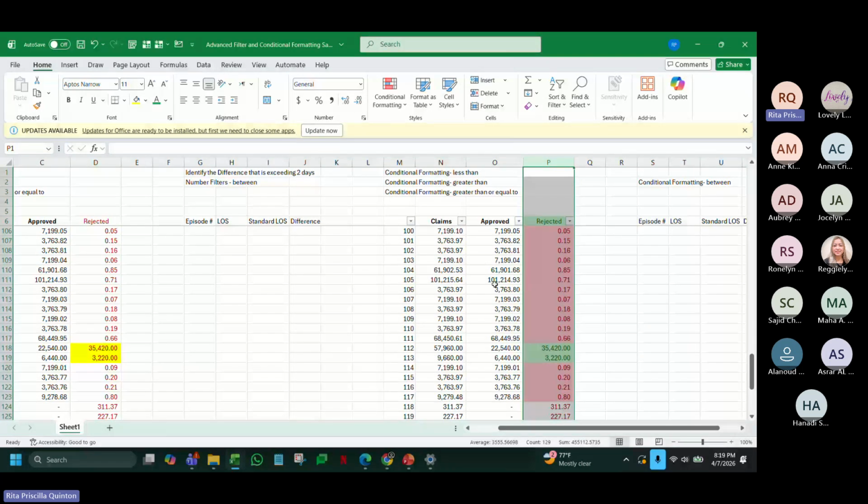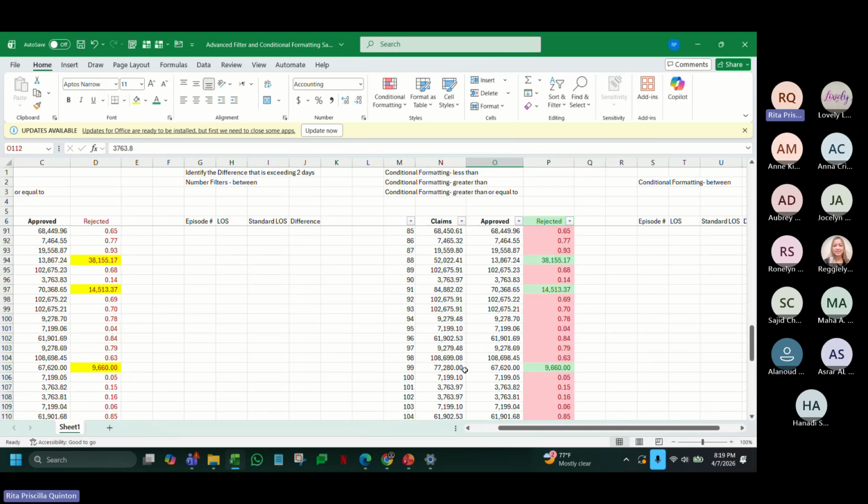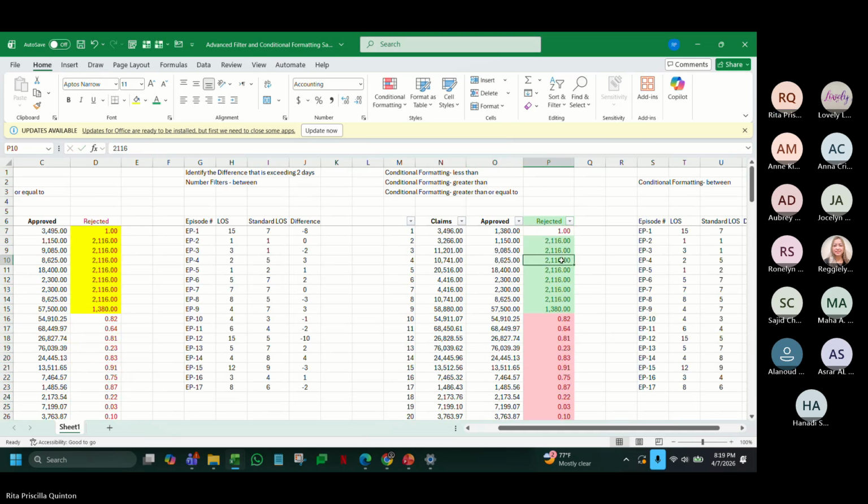So let's say they only accepted 1,000 real and I make my formula correctly. So I have 100,000 rejection, then it will be green instead of red.